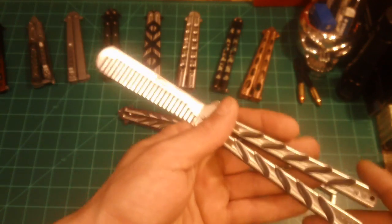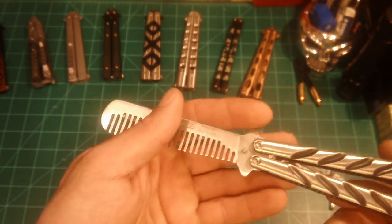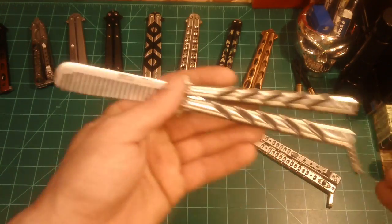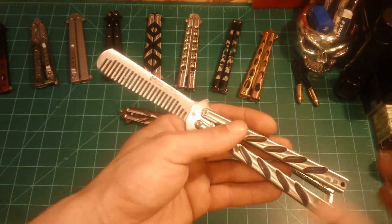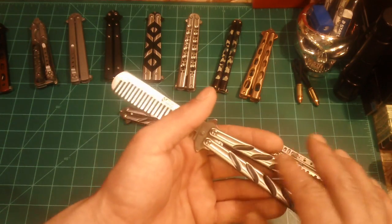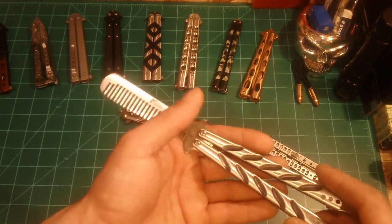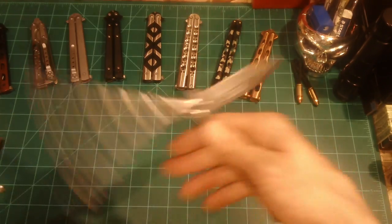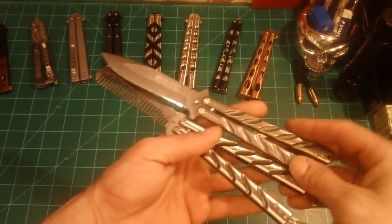Another thing with this, let me go over some specs before I keep going. The comb length is 4 inches. The overall length is 9 inches, so it's pretty comparable. It's exactly like your average size balisong, so training with this or flipping with this is almost identical. Now, I do have a regular Darrel Ralph Mtech twist. As you can see,